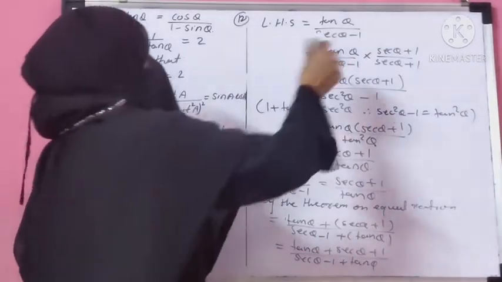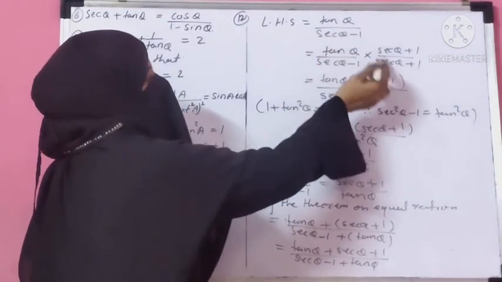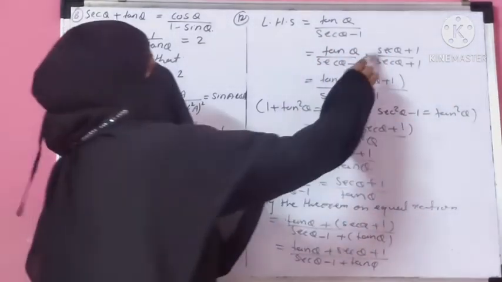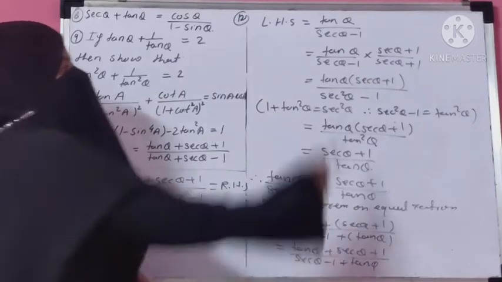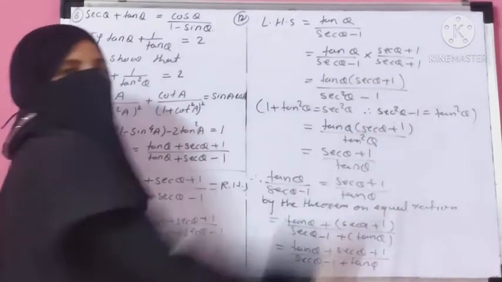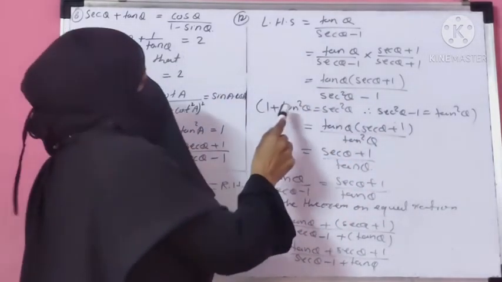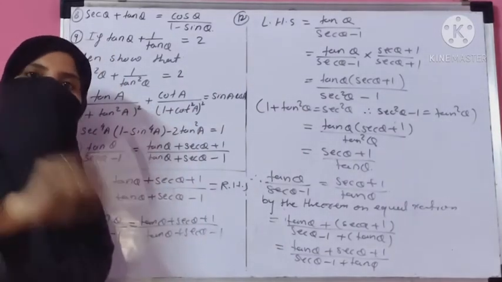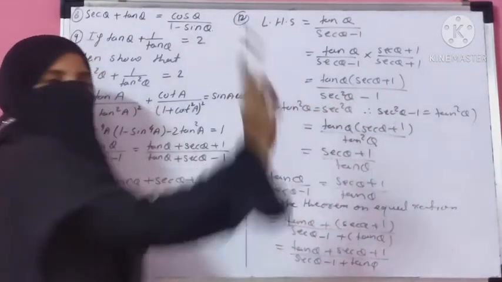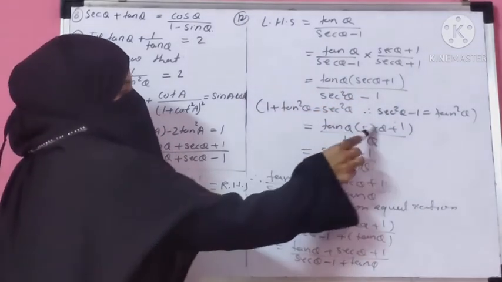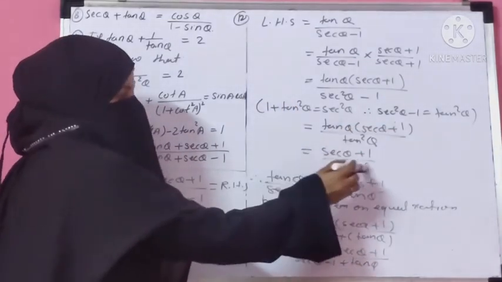Okay. To solve this type of question, we rationalize the denominator. So to rationalize sec theta minus 1, multiply by sec theta plus 1. Multiplying by sec theta plus 1, you get numerator tan theta multiplied by sec theta plus 1. And here a minus b, a plus b, is a square minus b square. So sec square theta minus 1 square is 1. Okay. And you know that 1 plus tan square theta is sec square theta from identities. So sec square theta minus 1 is tan square theta. Okay. So next step is tan square theta, one tan theta gets cancelled. So next step is sec theta plus 1 upon tan theta.